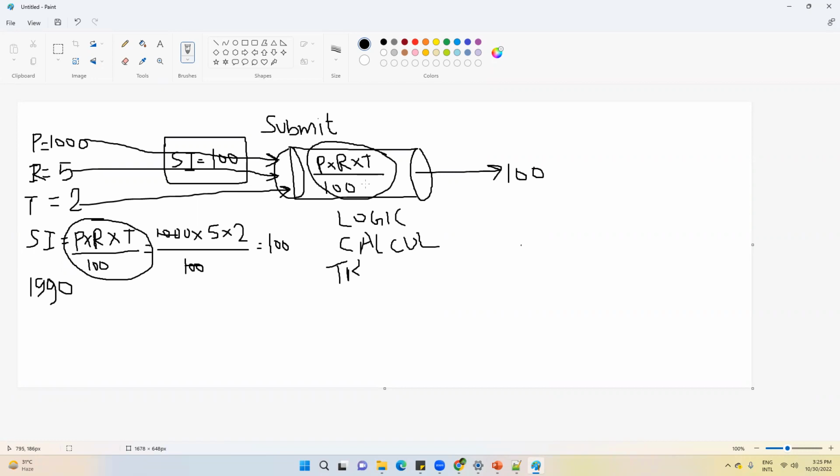So what is happening internally is, the data you are inserting is passing through this formula. And where you have coded, where you have scripted this formula, that is known as the pipeline. Hope it is clear.